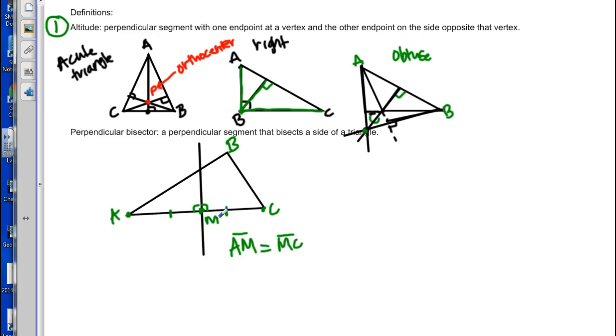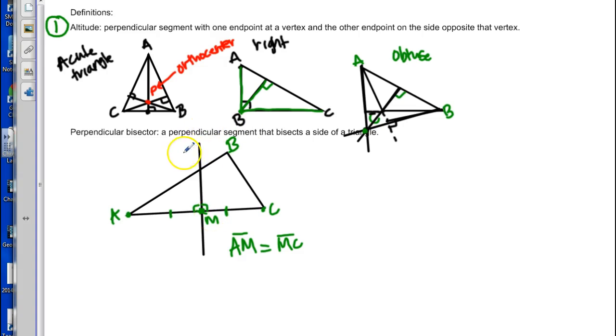Perpendicular means it's going to form some right angles where it meets at that side. And again, we can draw 3 of those perpendicular bisectors. So there would be a perpendicular bisector to side AC, a perpendicular bisector to side BC, and a perpendicular bisector to side AB. And as I draw those in, where they intersect is called the circumcenter, and it will actually be inside of the triangle, which we will totally look at in class together, but you are welcome to try that